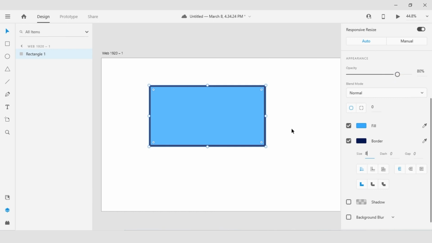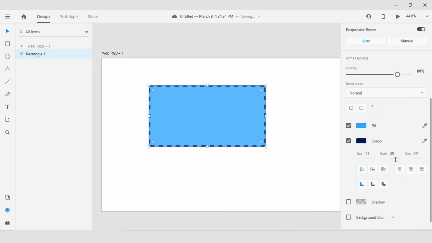With that object selected, now in the border area, notice I can control the attributes of the stroke that's here. So I decide how the corners appear. Are they rounded? Does it stroke inside, outside, or in the middle of the path or the line that I have drawn? I can also decide how the end caps are handled: flat, rounded, inset, things of that sort. I can define strokes as we did a little earlier. So I might have a fill color that set a border that's 11 pixels in size with a dash value of maybe 30, and the gap between the dashes at 30.